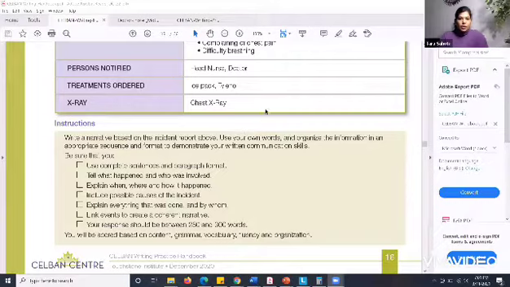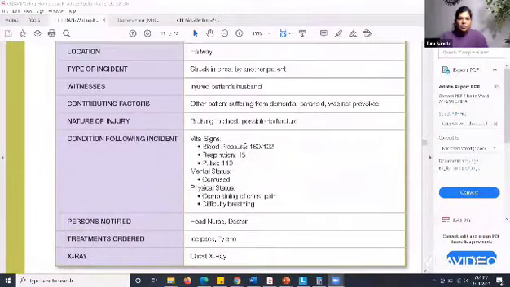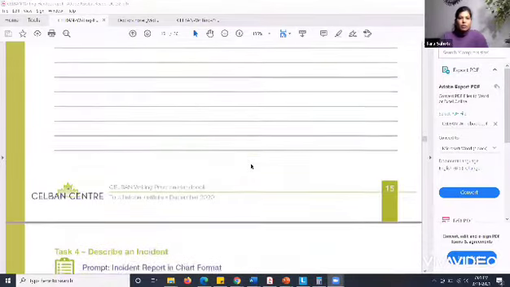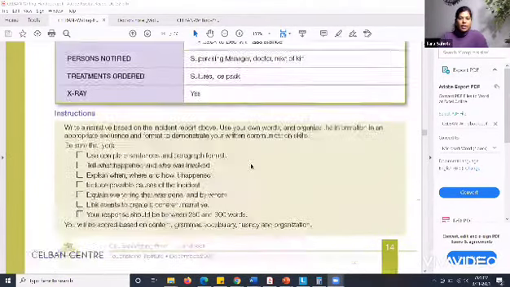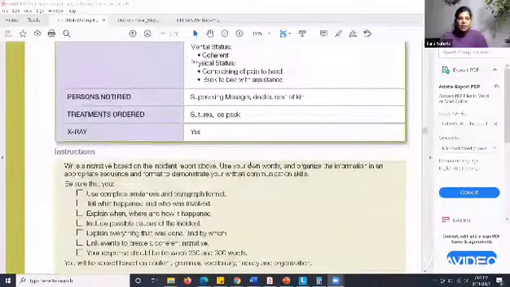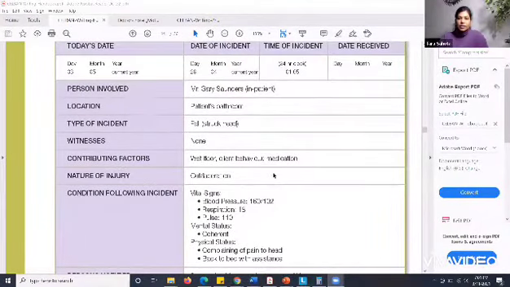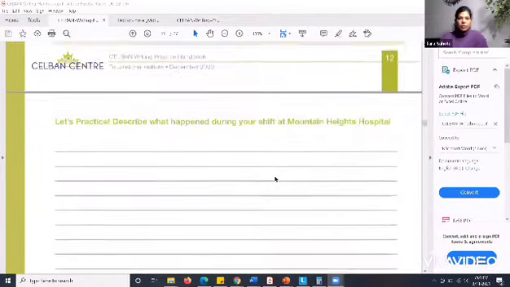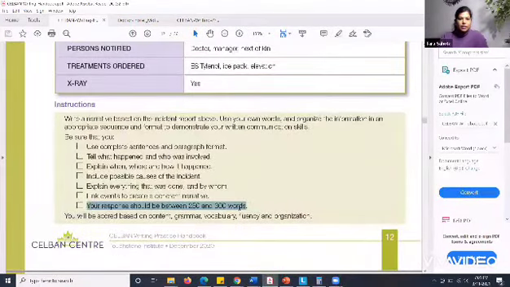Okay, so let me just share my screen with you here. Okay, so this is the handbook, and this gives you around 3 examples, as you can see here. And underneath every example, so this is writing task 1, which is writing a narrative report or an incident report, which I've already shared with you. Now, this clearly states here that your response should be between 250 and 300 words. So that means you should not exceed 300.